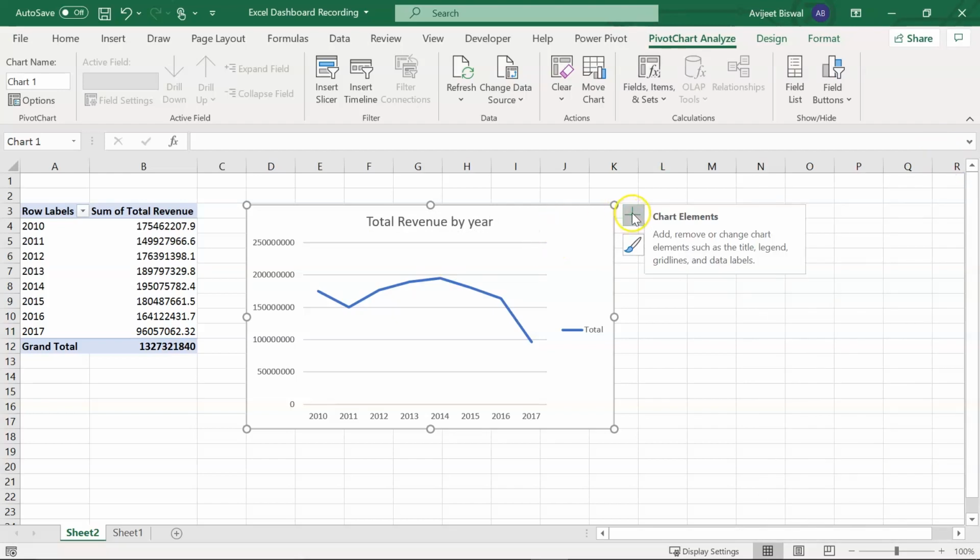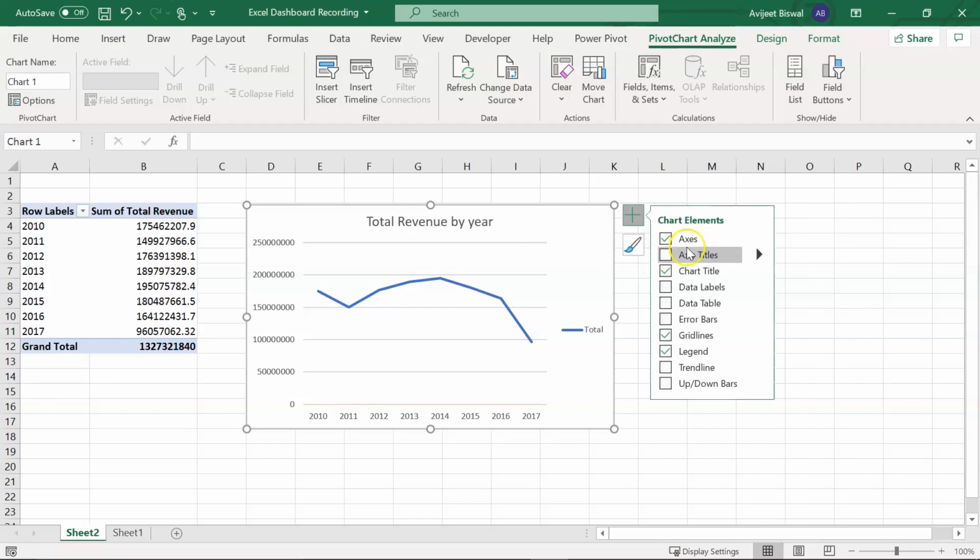If I click on this plus sign, which is actually for chart elements, we have some options like to add axis, axis titles, chart title, data labels, grid lines, legend and others. Okay, so let's remove the legend now. You can see the total legend is gone.